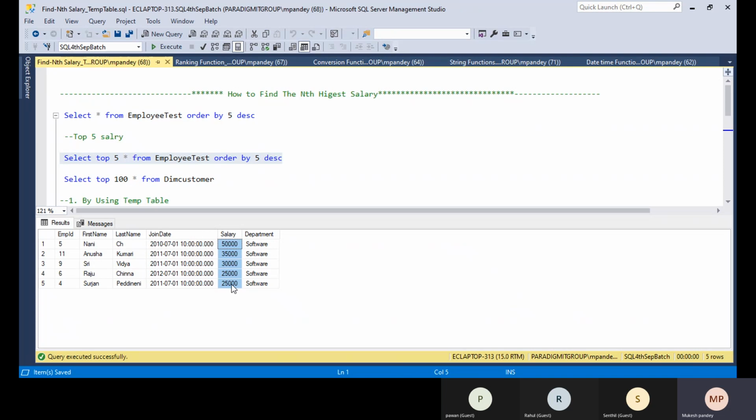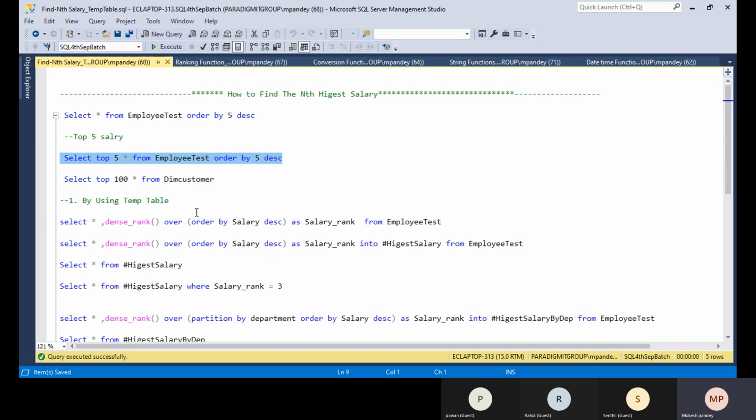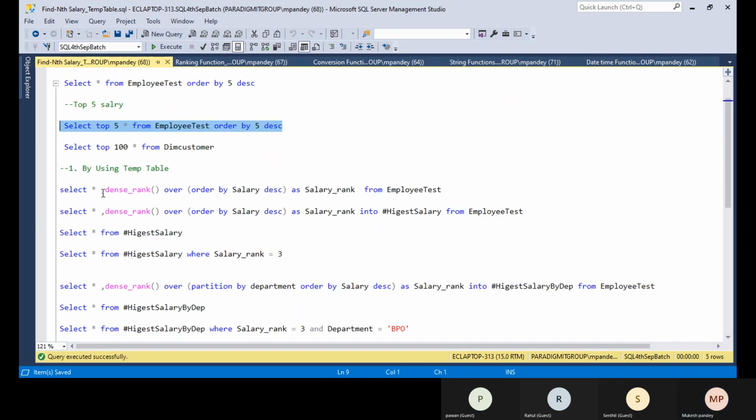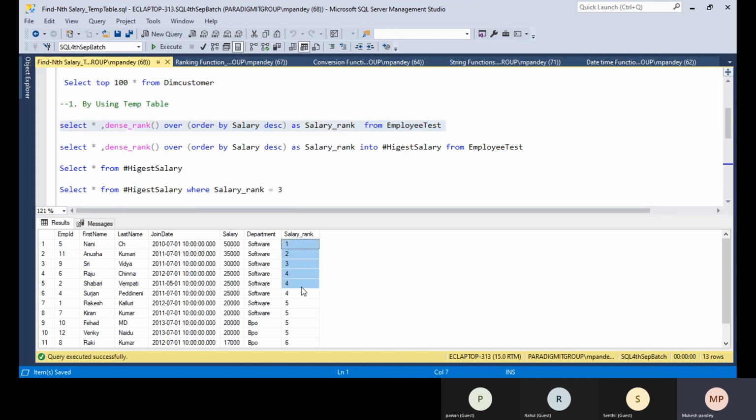But the requirement is the fifth highest salary, or the first or third highest salary. Then you can use the dense rank function, the same as what I discussed here. You can see this executed here, and you will get the ranking.